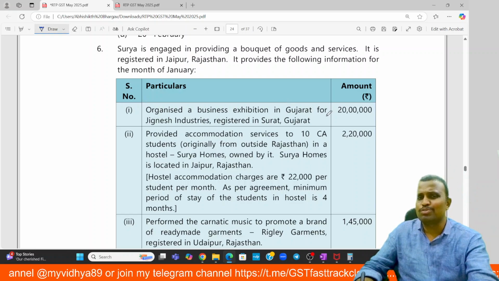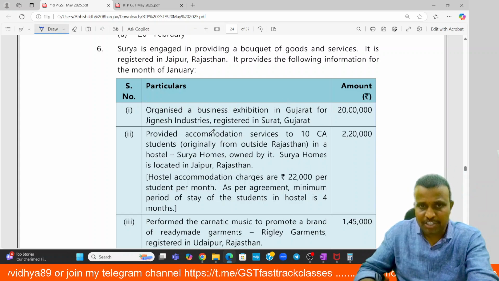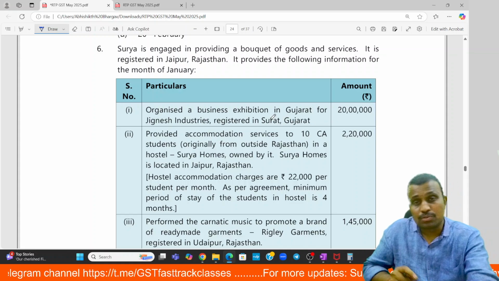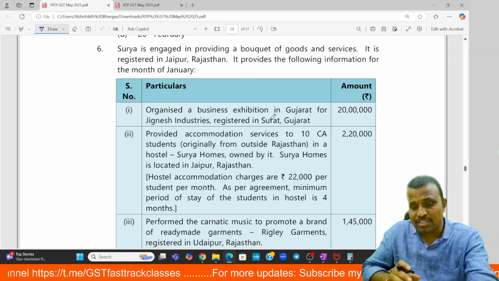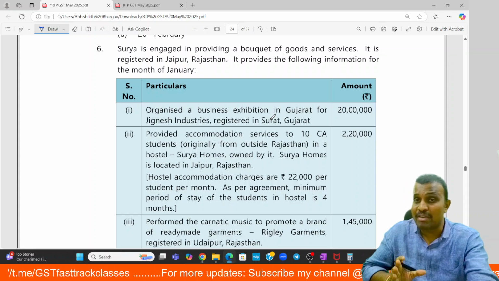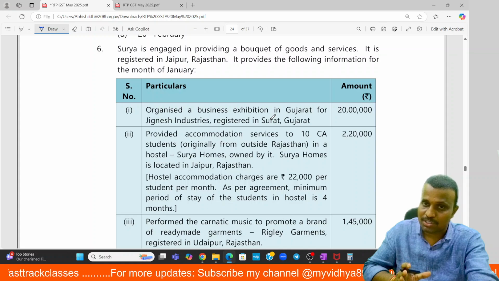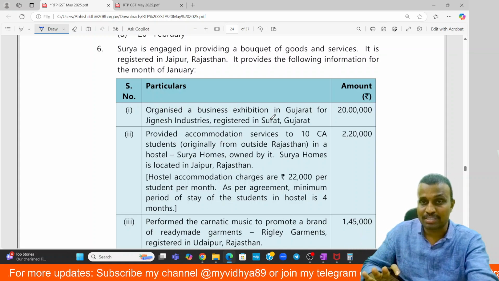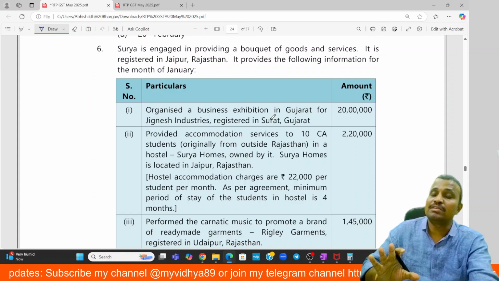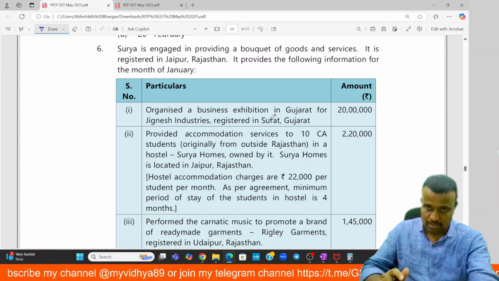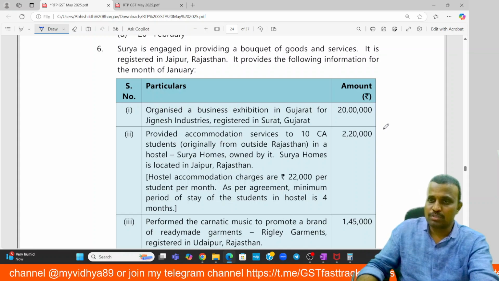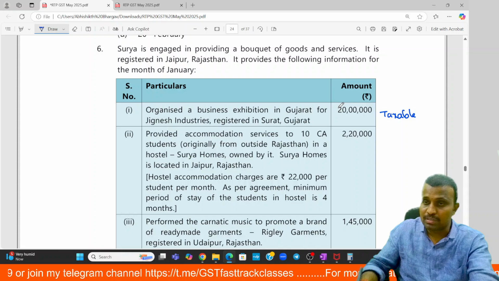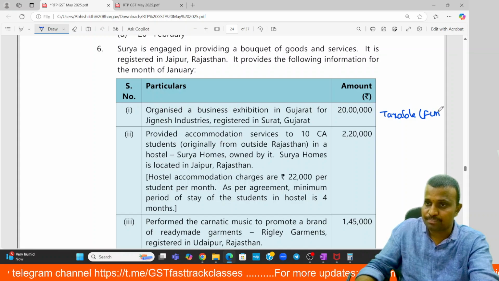organized a business exhibition in Gujarat for Jignesh Industries registered in Surat, Gujarat. Any services provided by the organizer by way of conducting a business exhibition completely outside India is exempted. But here it is not performed outside India. It was performed in India. So this is taxable